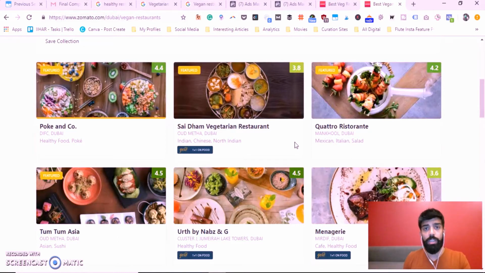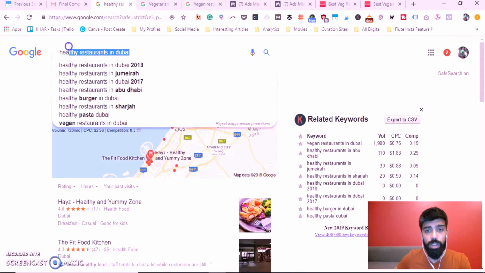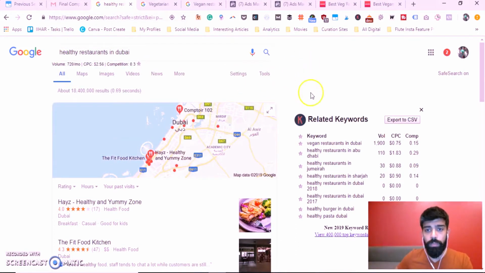How many vegetarian restaurants, how many vegan restaurants are there? And there is no either or. You want to rank for all of them. And I'll show you a really interesting thing, which is called LSI in technical terms, but what it really means is sort of synonyms. So if you type healthy restaurants in Dubai, Google identifies that healthy restaurant is closely related to the topic vegan restaurant in the buy. So chances are if you rank for vegan restaurant, you can also rank for healthy restaurants,